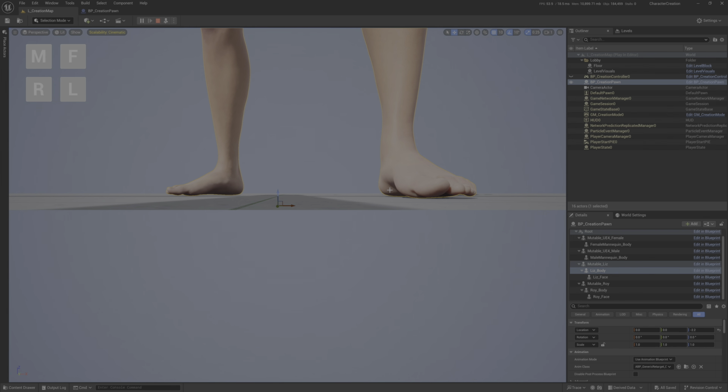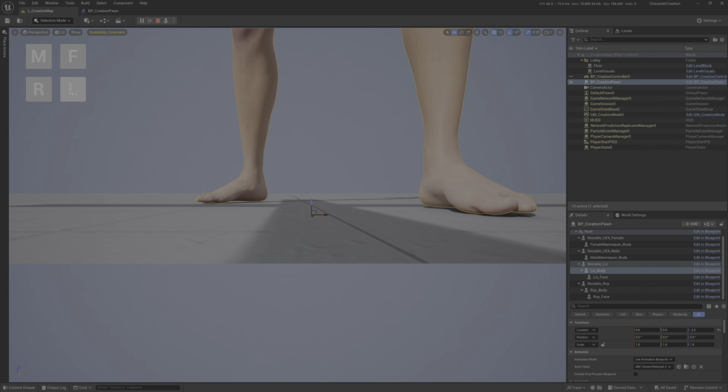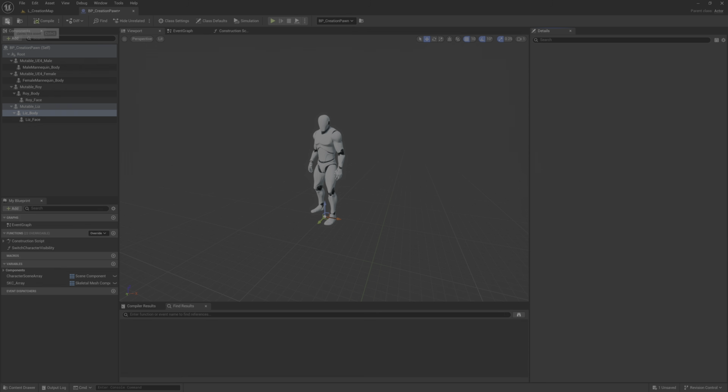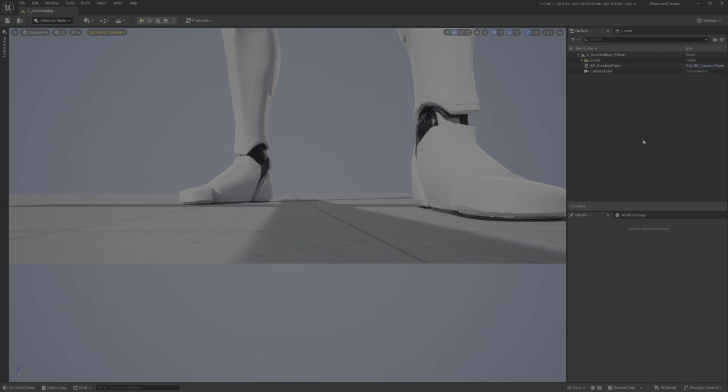Point two. It's 2.2. Yes, 2.2. That's a value. So let's go back here. Select this and set 2.2. Minus 2.2. Okay. Problem solved.